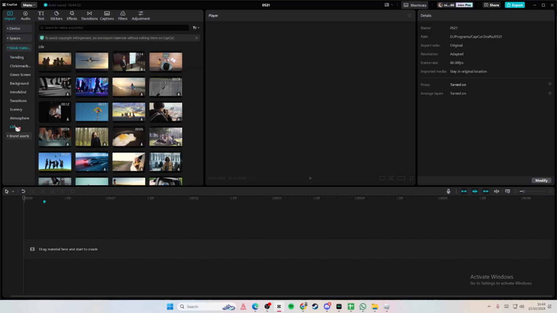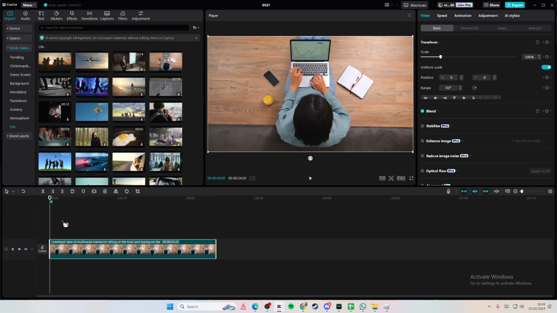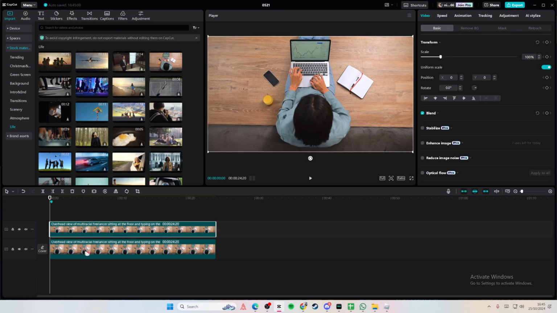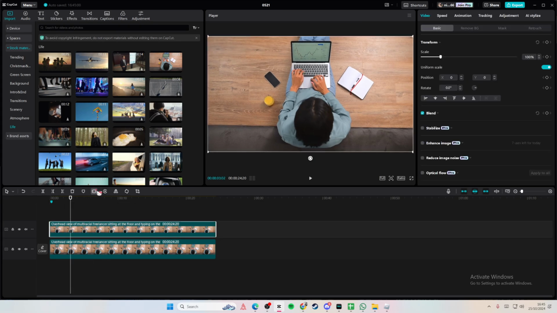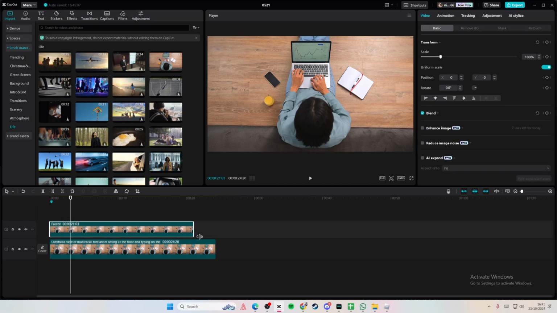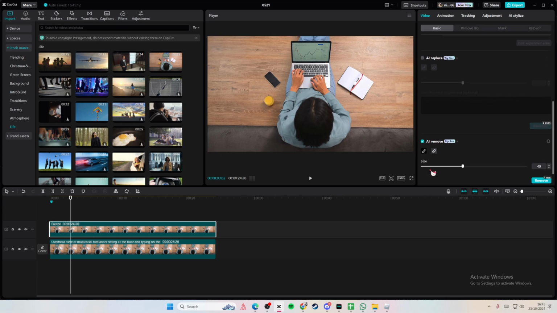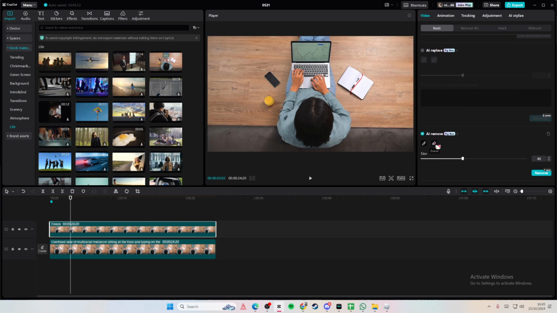In this video, I will be showing you guys how you can remove objects on CapCut PC. For instance, I'm going to take this video as an example. I will copy and paste it, and I will basically freeze frame the photo, and you're going to use the AI remove here, and you're going to erase the item that you want